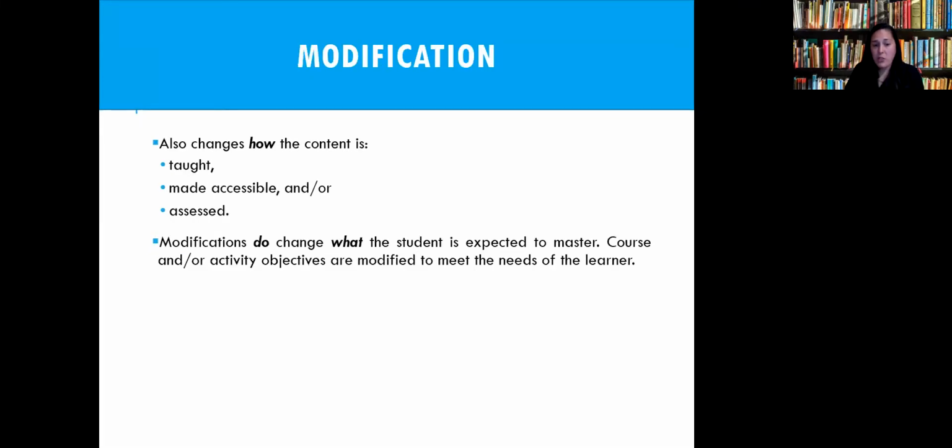So the next couple slides just really talk to you about what modifications and accommodations are going to look like when you're looking through those reports. I'm going to skim through those so I can show you one of the reports that I have, because I've been talking for a long time. I don't want to run out of time.